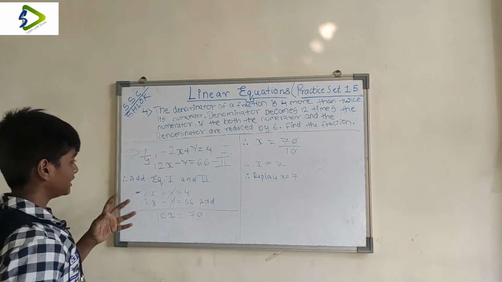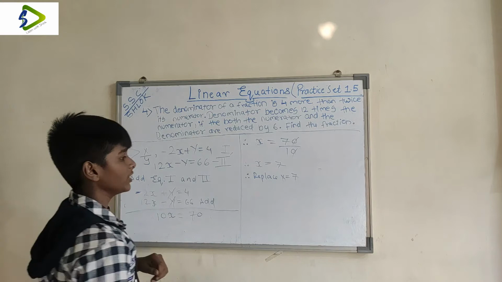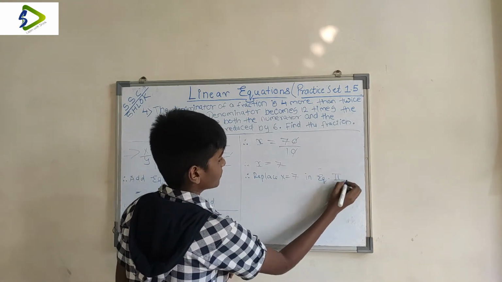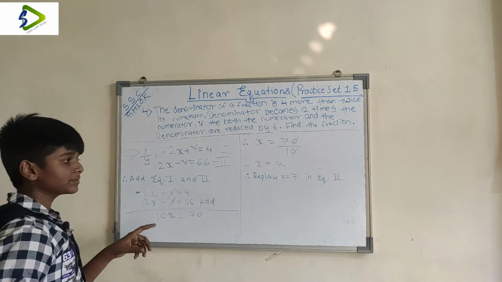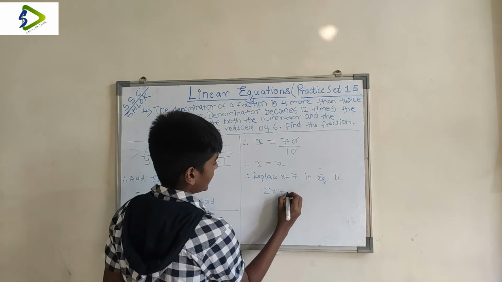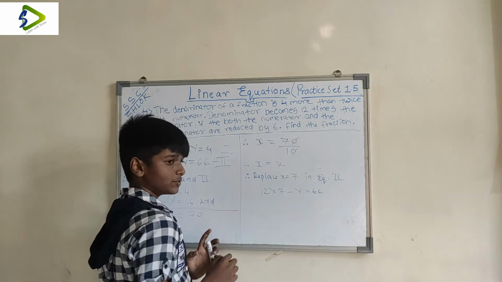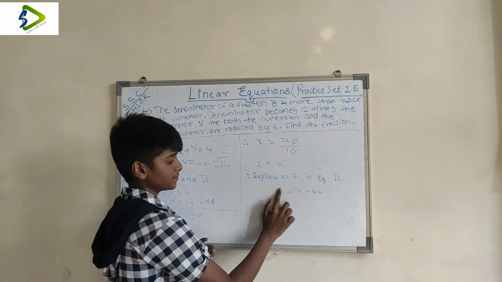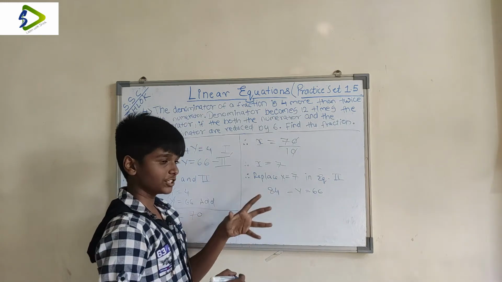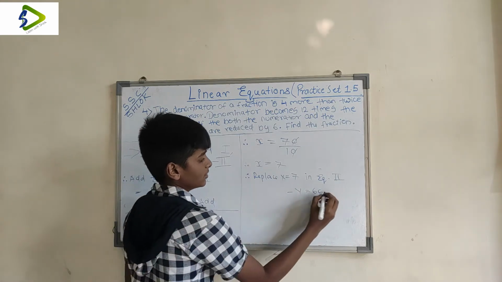So now you can take any equation. I am taking, let's say, equation 2 this time. What is equation 2? 12x minus y. So instead of writing 12x, I write 12 times 7 minus y is equal to 66. Now 12 times 7 is 84. So 84 minus y is equal to 66, and now take this 84 to that side, it becomes minus 84